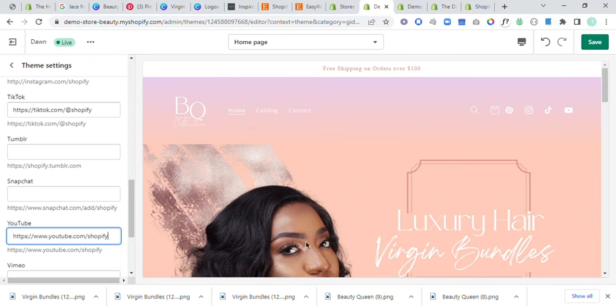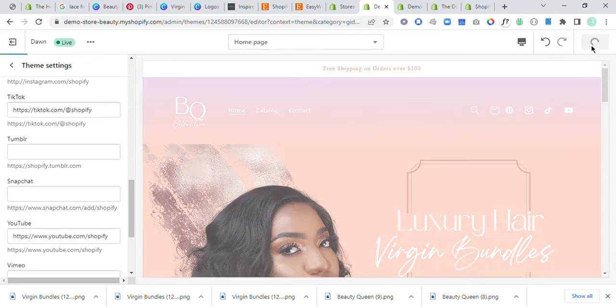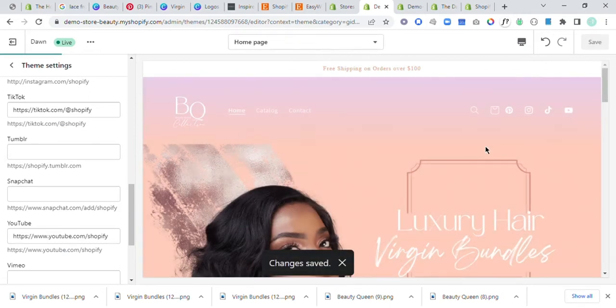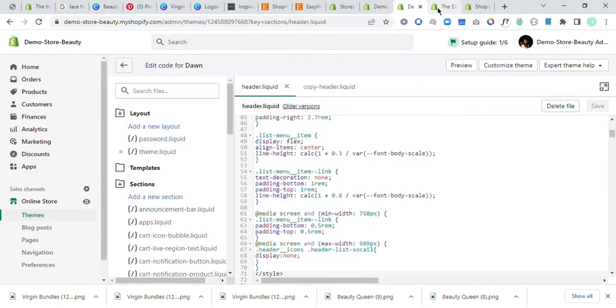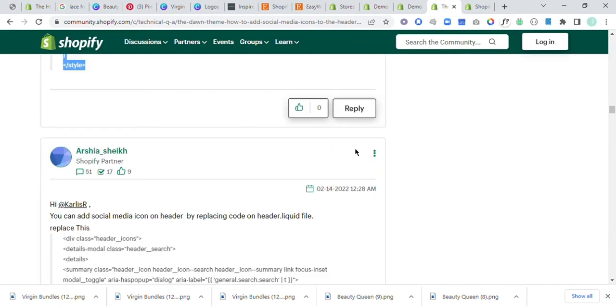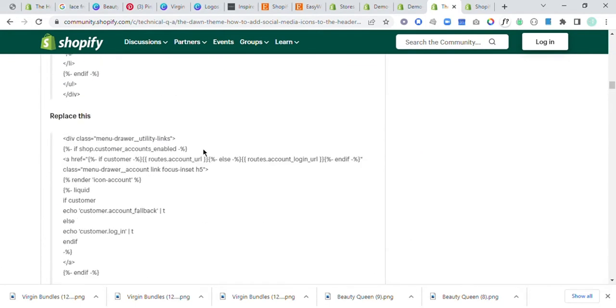Okay, y'all, so something else that I wanted to show you in case you wanted to do this for yourself. I wanted to add social media icons to the top of the website. And the way to do that is very tricky. You have to add a lot of code. So I found an article. I will try to put this link in the description of the video, but basically it tells you